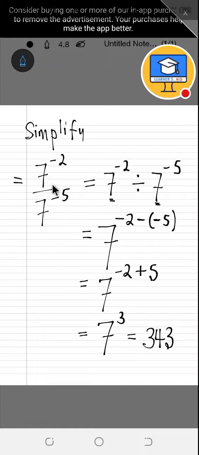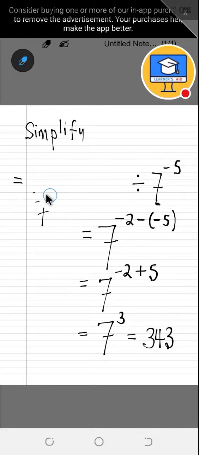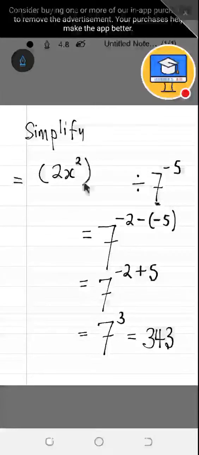Our next question is to simplify 2 to the power... Let's write it out. Next question. Try 2x to the power 2, bracket closes, all to the power 3